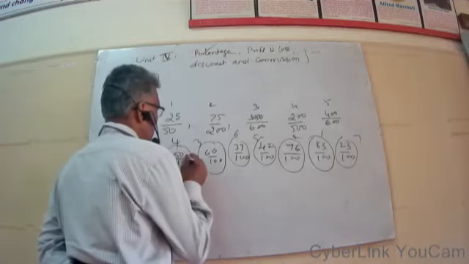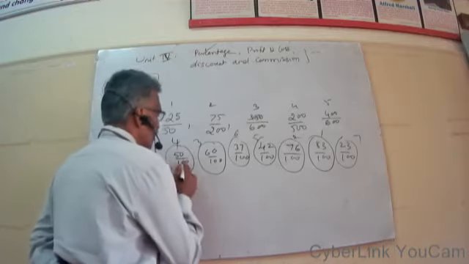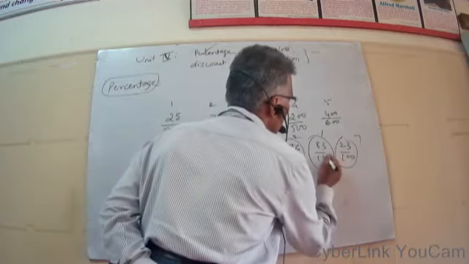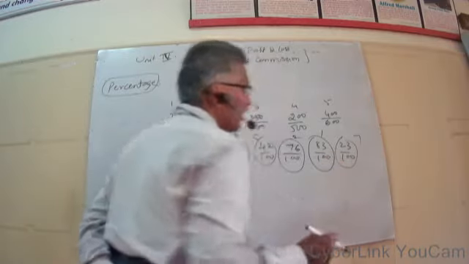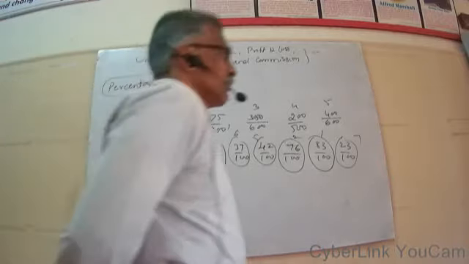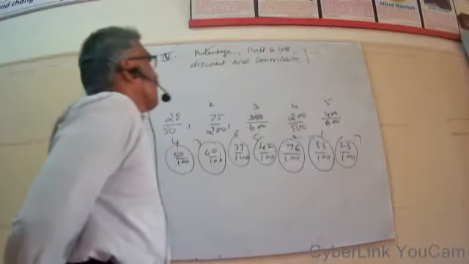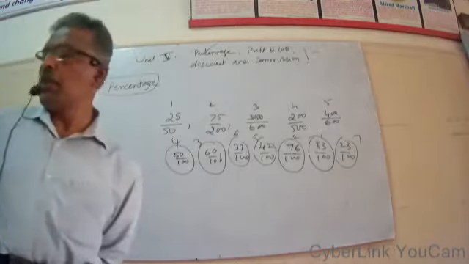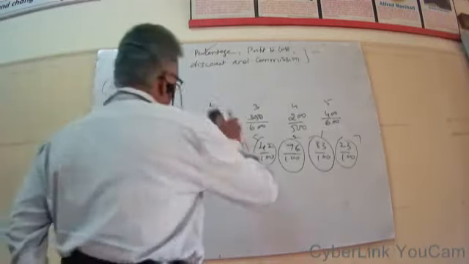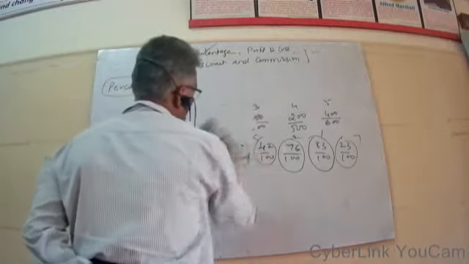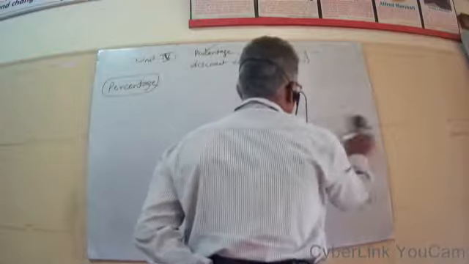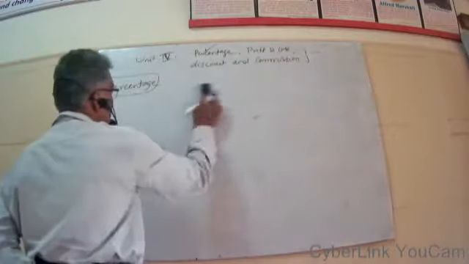So what is here? Actually, you find the common base. A common base is here, that is 100. This is actually the significance of the percentage. Percent means per 100. We are converting the whole number into 100. That is percentage. So this is the significance. Now let us go further, take up some examples.